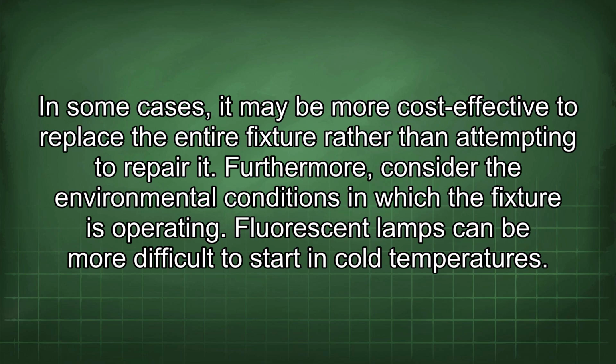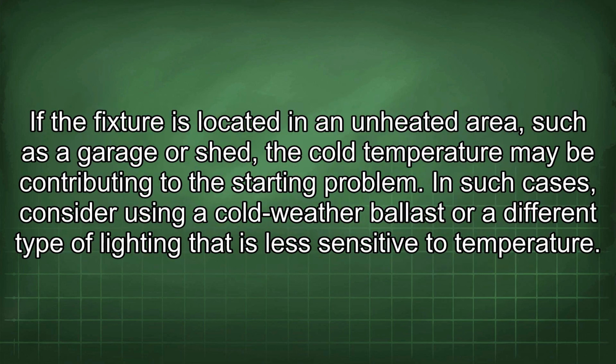Fluorescent lamps can be more difficult to start in cold temperatures. If the fixture is located in an unheated area, such as a garage or shed, the cold temperature may be contributing to the starting problem. In such cases, consider using a cold weather ballast or a different type of lighting that is less sensitive to